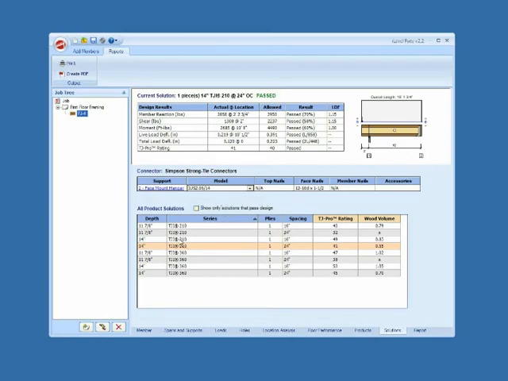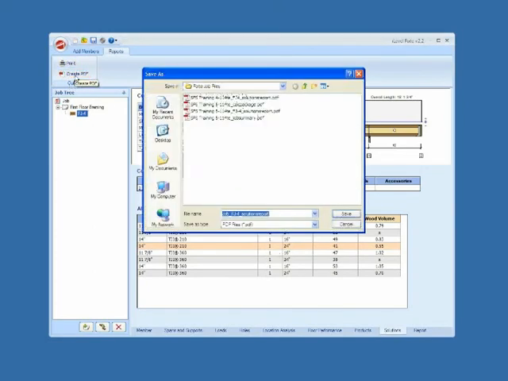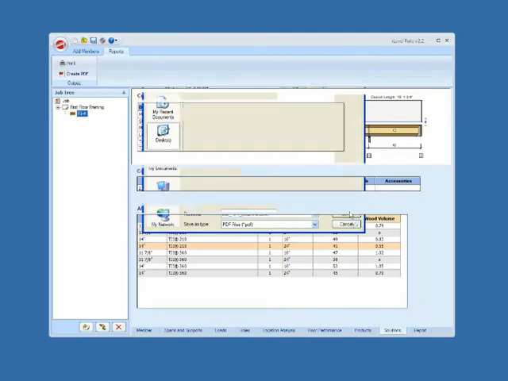You also have the option to print this screen. So if you're talking with a customer and trying to talk about different scenarios, you can actually print this. Let's say you're going back and forth about do you want to go with a 14-inch floor or would you rather stick with the 11 7/8 floor, you can print this grid here. You can create a PDF or you can print. So you can see very quickly